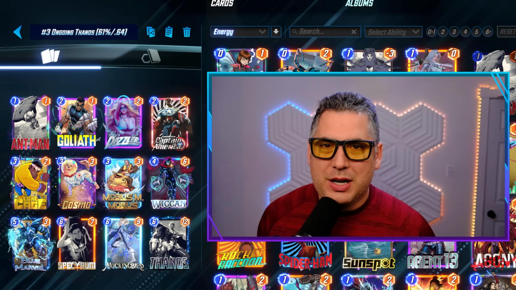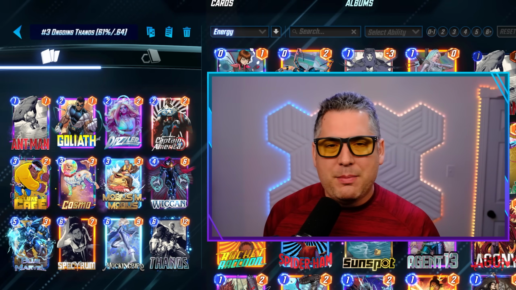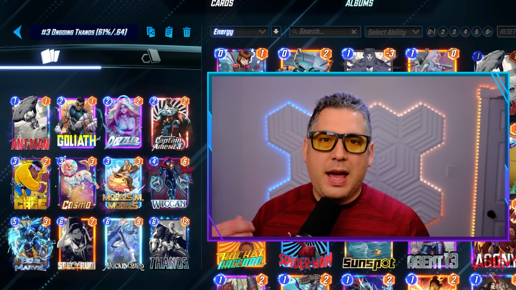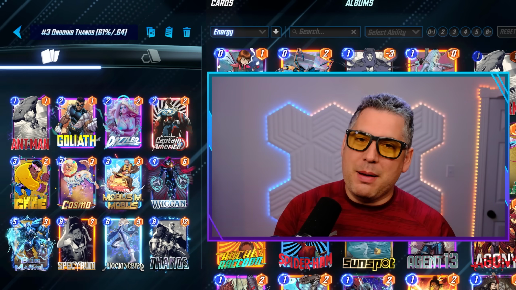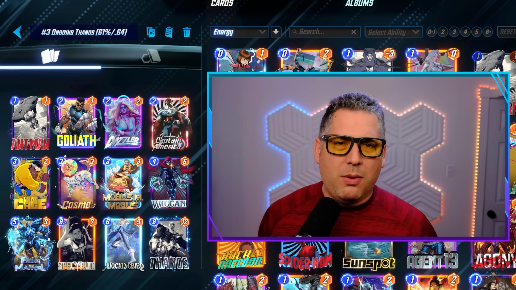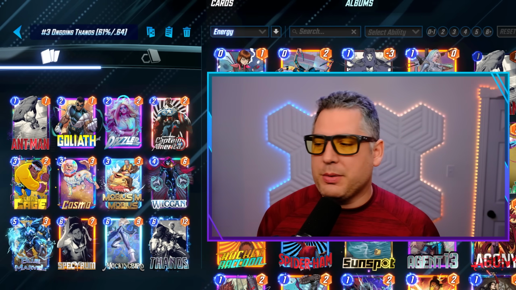This deck is just clapping cheeks. And what's interesting about it is that a lot of the anti-meta decks, which are running the Hazmats, which is obviously countered by the Luke Cage here, you have the Mobius and Mobius. Wiccan honestly gets a ton of value in these types of shells, and because you're not playing the Strange Supreme,